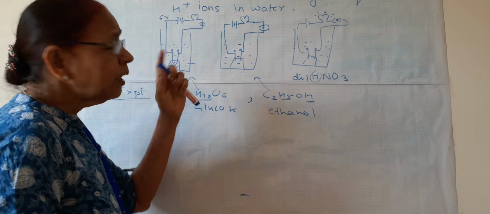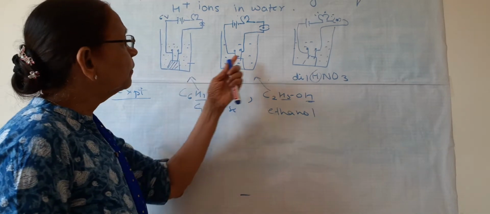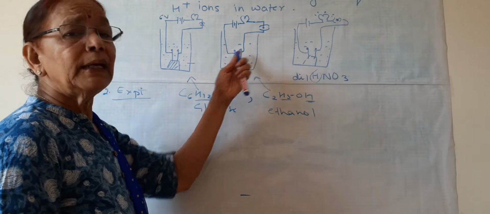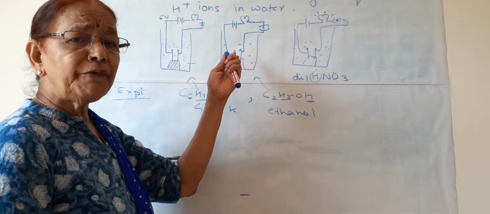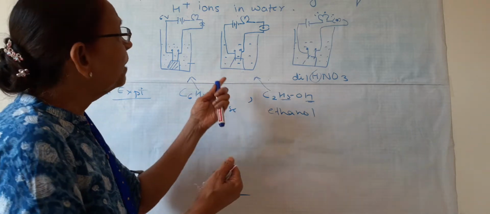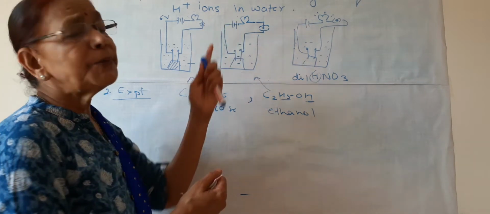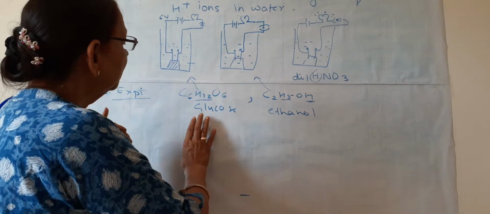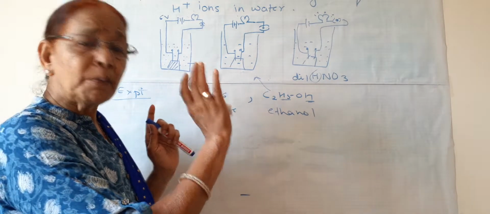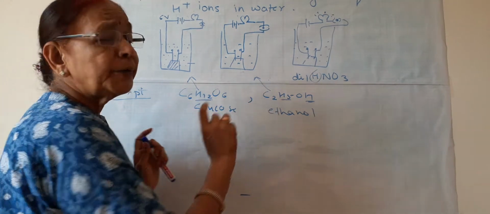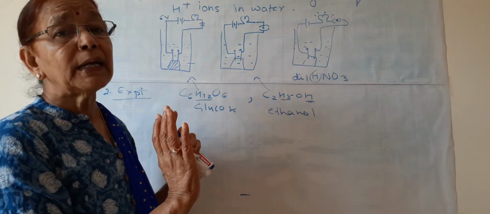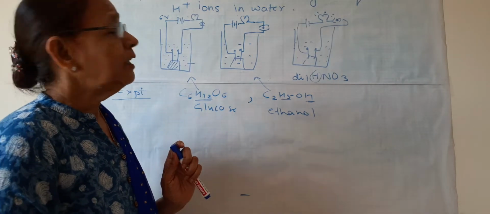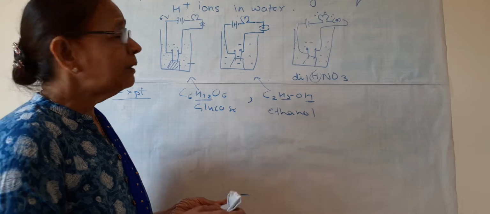When there are no ions in the solution, it is not even an electrolyte. When there are no ions in the solution, electric current cannot be formed, electricity cannot pass, and these bulbs do not glow. So this proves that all the compounds, though they have hydrogen, are not acidic in character, and they cannot conduct electricity. So this is our second experiment.